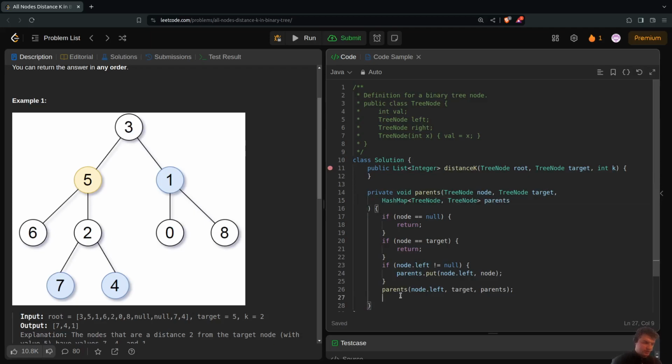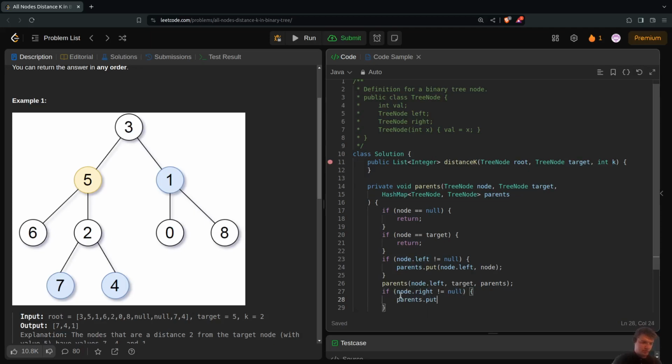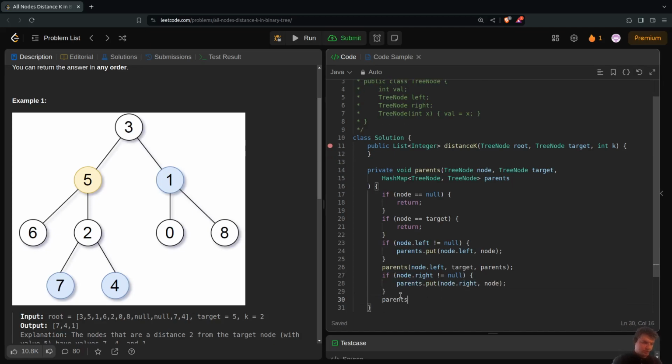And I'll do the same for node.right not equal to null. I'll do parents put node.right, node, and then I'll call parents node.right target parents, and